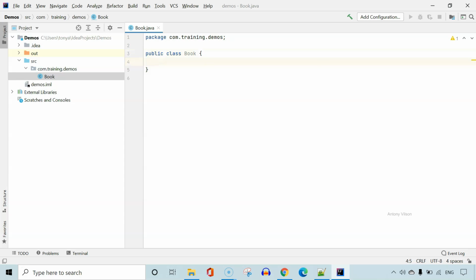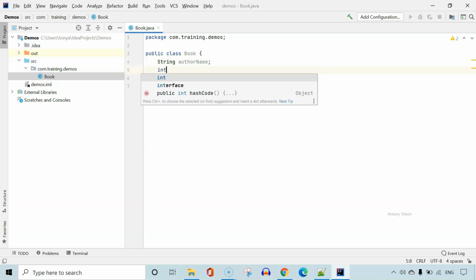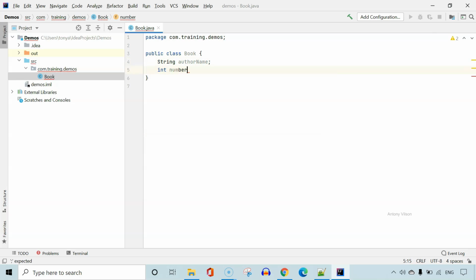A book has an author, so the author can be represented as a string, author name. Okay. A book has a number of pages. So int number of pages.